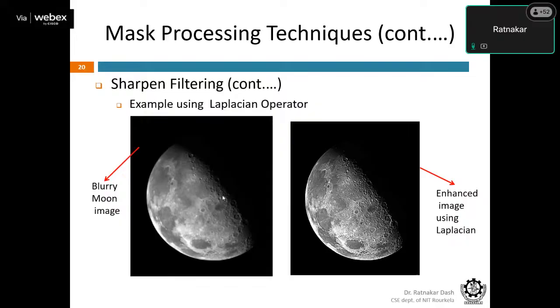They can see that many of the portions, or many of the pixels which are blurred, are very prominent and clear in the output image using the Laplacian operator. That means depending on the requirement, we can go for a smoothing operation as well as a sharpening operation using different